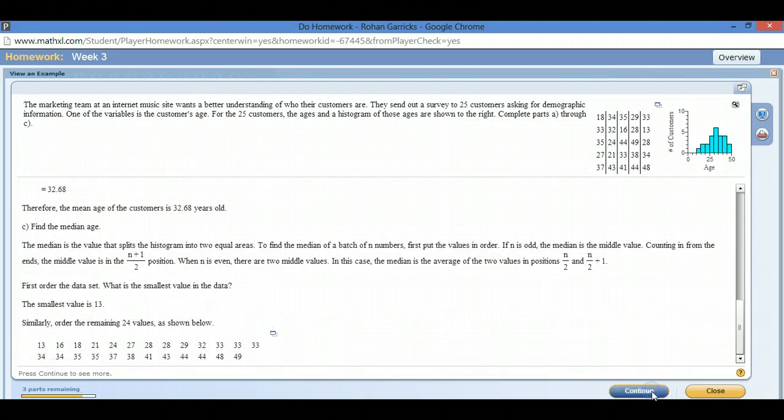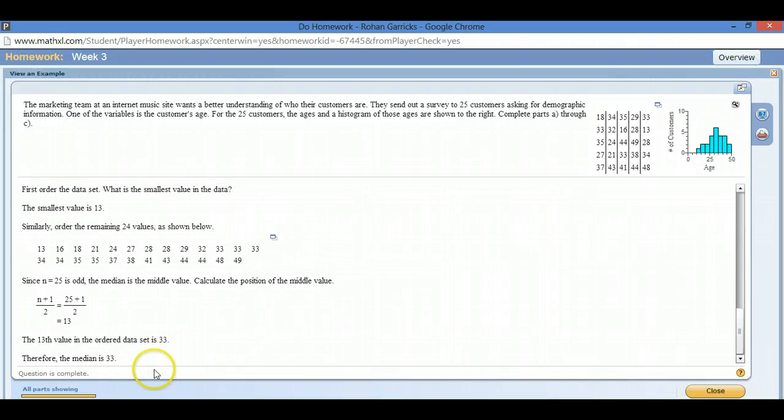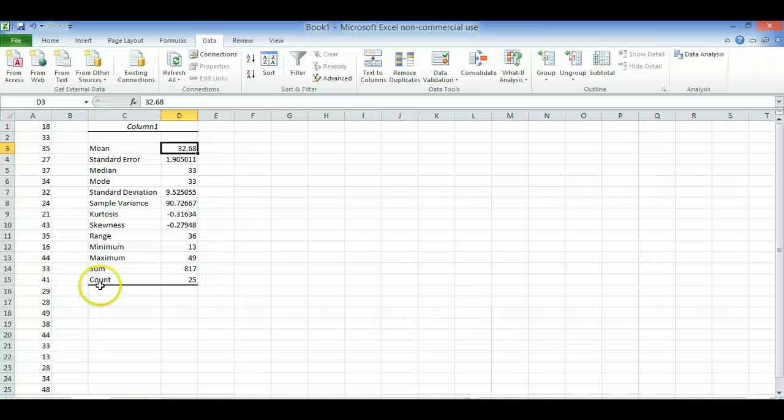The median, same story. It goes through and explains what the median is. If you have these numbers ordered, then you want to get the number that's smack in the middle. So if you have 25 numbers, then the 13th number is going to be in the middle, so that's another way to find it. Or as I showed you earlier, if you did a statistical summary analysis in the data analysis toolpack, it spits out the median, the mode, standard deviation, many other things that we didn't need for this